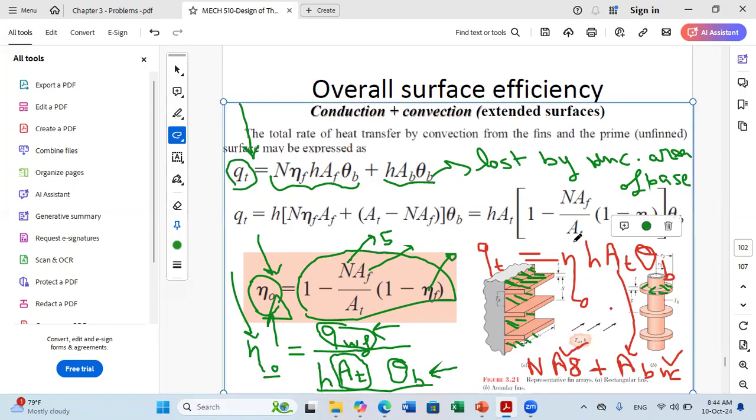Then you still need to have the overall efficiency. This is the formula for the overall efficiency. And actually, they derived this formula from this analysis. To get what is N0, they said what is Q total, they divided it into 2 parts, okay? And then they just took A total into factor to come up with this formula. So now you can apply this formula directly if you want as a second method. So to find the overall efficiency, you have 1 minus number of fins times AF. So this is the frontal area per fin, which is 2 pi